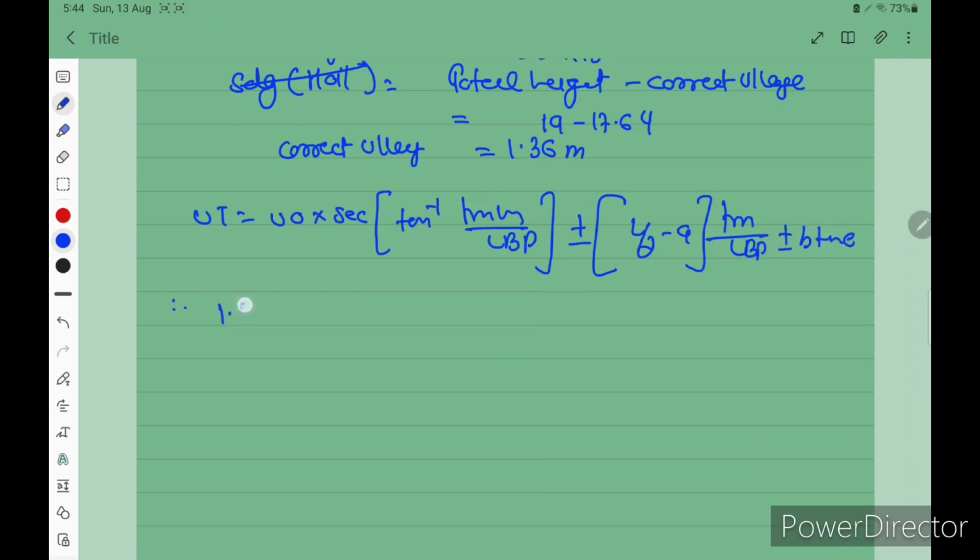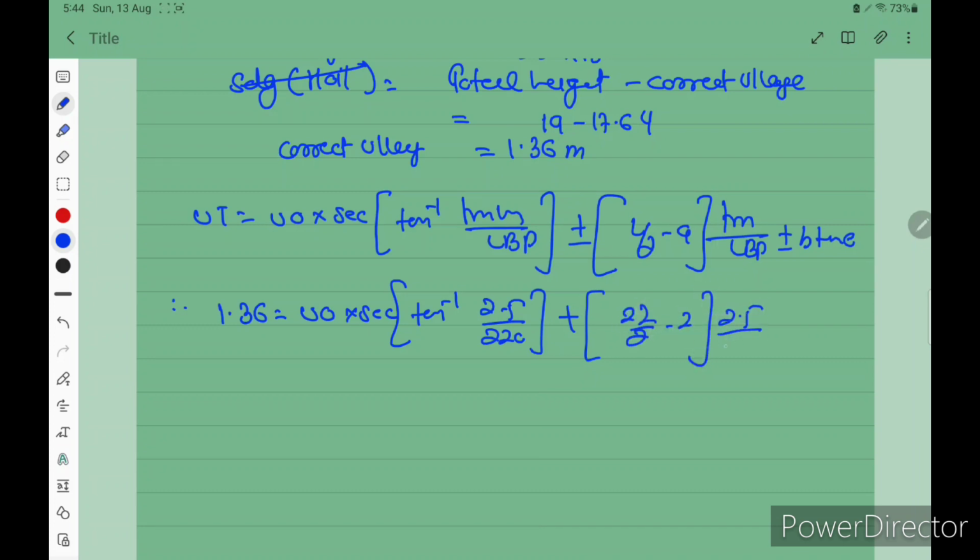So we have the corrected ullage 1.36. We have to find the observed ullage: UO into sec tan inverse 2.5 divided by 220, plus, because this is trim by stern and we have the aft bulkhead. Okay, so 22 by 2 minus 2, 2.5 divided by 220 minus 3, 10 1 degree. So therefore 1.36 is equal to UO into